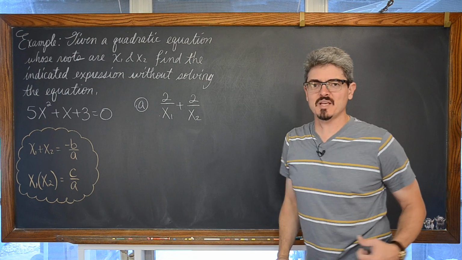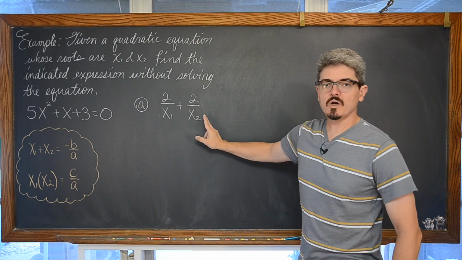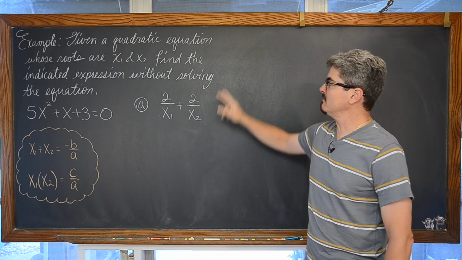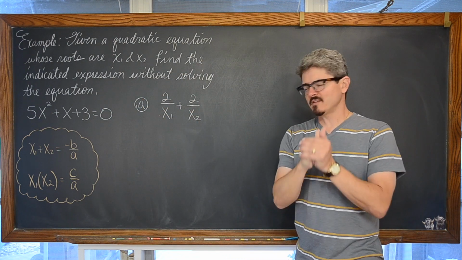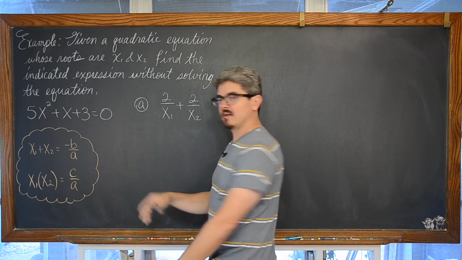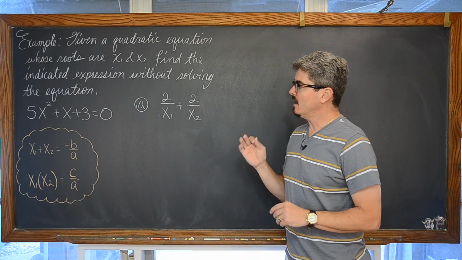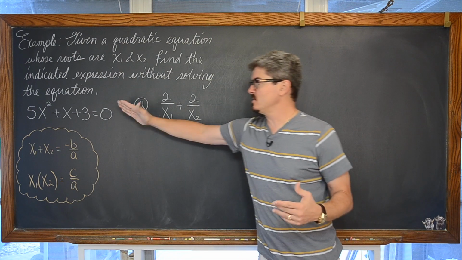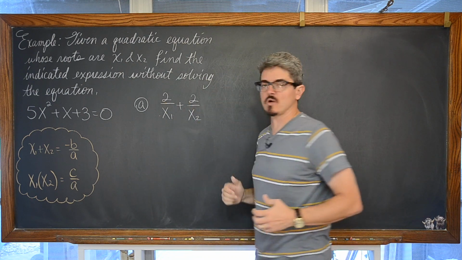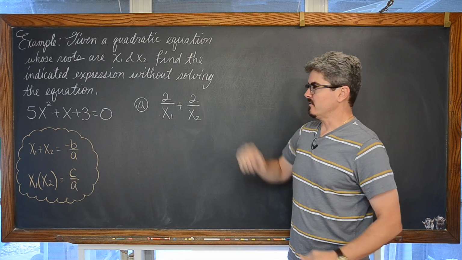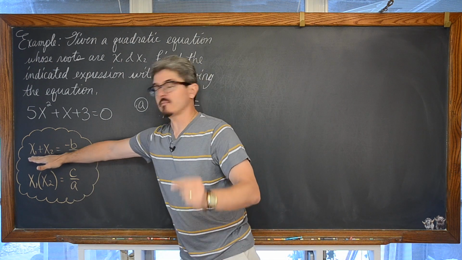And for our first example, given the quadratic whose roots are equal to x sub 1 and x sub 2, find the indicated expression without actually solving the equation. Yep, I felt that it was so important that I still went ahead and reviewed with you how to solve quadratics, especially when that leading coefficient is not equal to 1, with factoring, even though we're actually not going to solve this quadratic to answer this question or any of the expressions given in the next three examples. I wanted you to see that review of factoring. It's really important, and a lot of my students struggle with it.